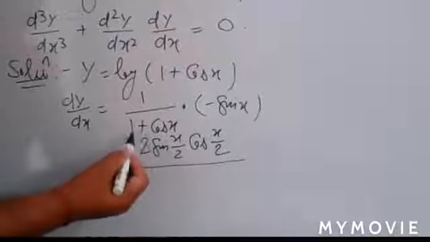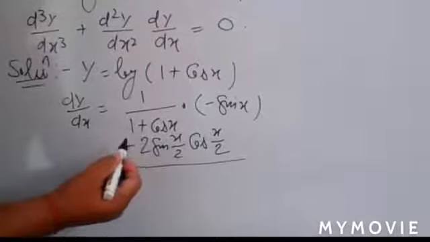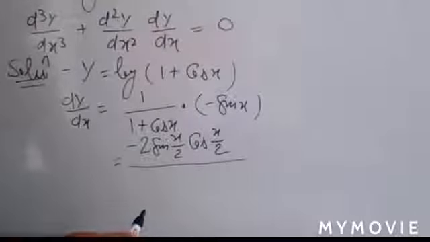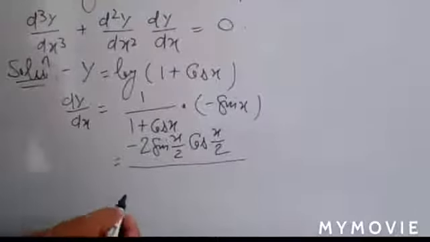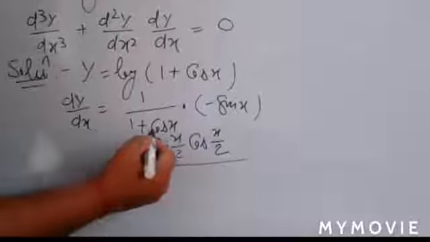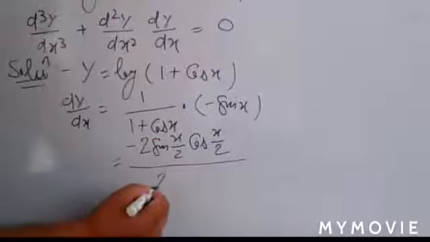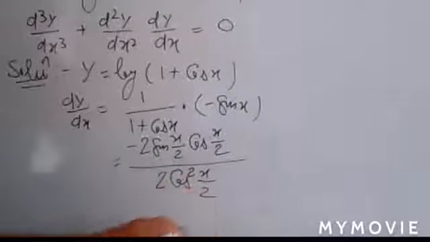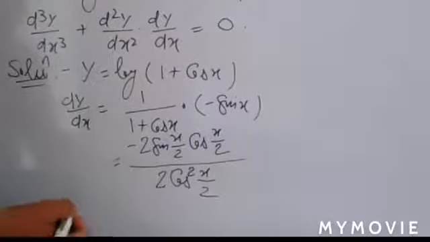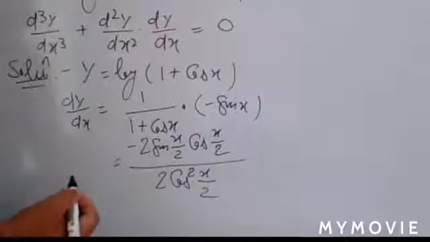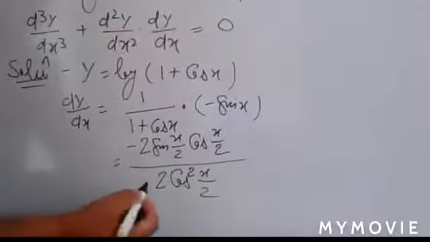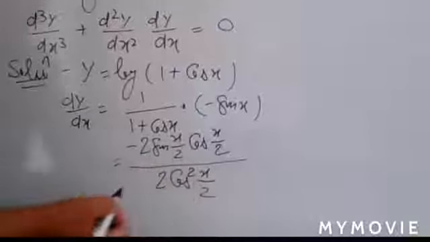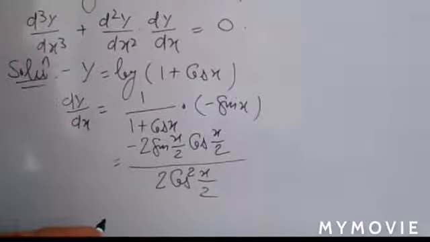And you know the identity for 1 plus cos x. So what do you write in place of 1 plus cos x? 2 cos square x by 2. Yeah, right. So in place of 1 plus cos x, you can write 2 cos square x by 2. You have to learn all the identities of class 11. Okay, so learn all that. Just see here, you have to use all those identities of class 11.